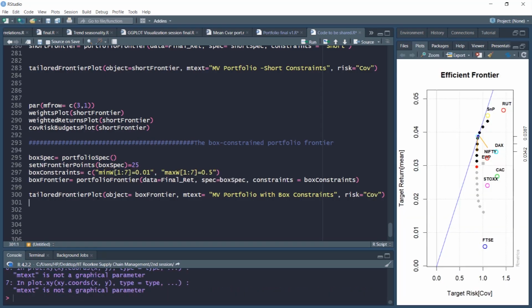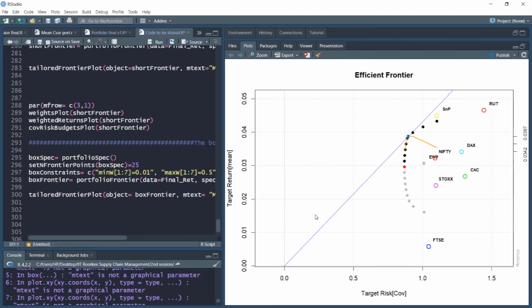So let's plot this. We need to enlarge the window a little bit, and you can see the plot nicely printed, return on the y-axis, risk on the x-axis, covariance risk. You have the frontier points, 25 points, along with individual assets, and the tangent line, Sharpe ratio line, nicely provided here. So this is your visualization.